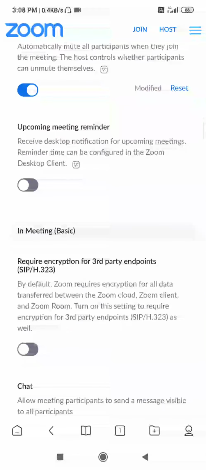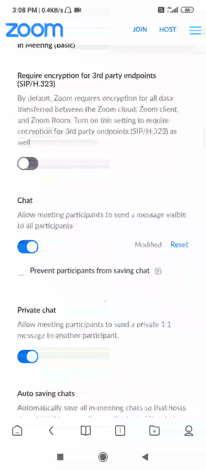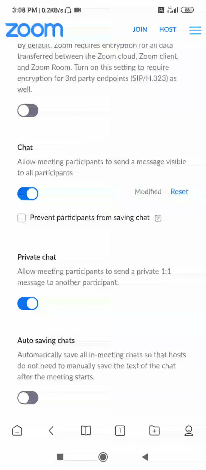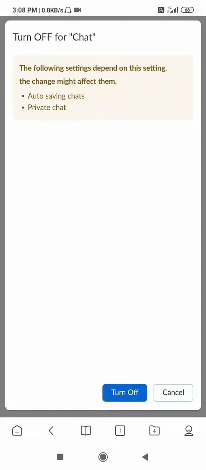Then this option, chat, we have to switch off by clicking on this. When we click on this, it will ask if you want to switch off your chat option.